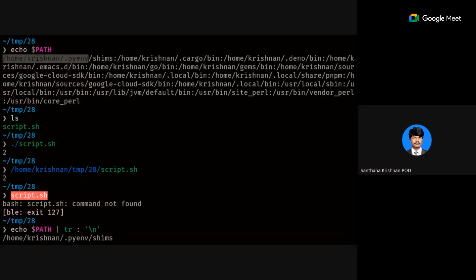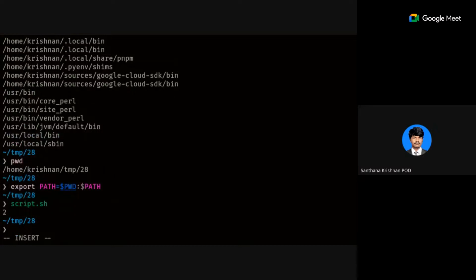So it will look for Python in this folder. If it is not there, then go to the next. If I have Python executables in this folder and in another folder, then whatever is first has more precedence, and that will be taken. So it is a simple hack you can do to make things work. If you didn't understand what I have said, please tell me. I will explain it.